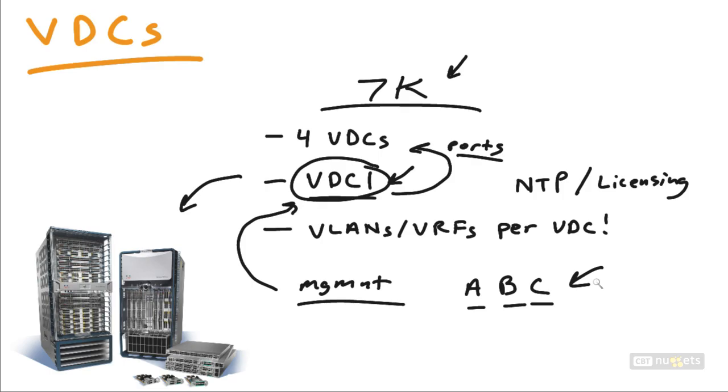Something else that I want you to keep in mind here is the fact that VLANs and virtual routing and forwarding tables, those are all going to be on a per virtual device context basis. Think about that. Think about the scalability. So we can have VLAN 100 in our VDC A, we can have VLAN 100 in B, and VLAN 100 in C. Even though these IDs are the same, because they're in different virtual device contexts, they will indeed be separate